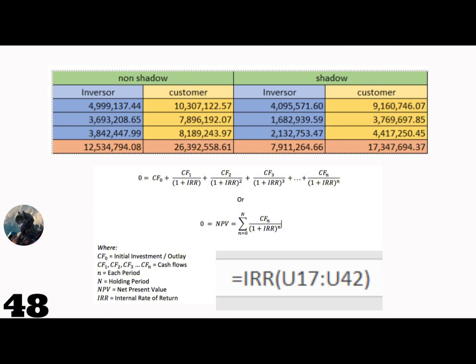It summarizes how much the investor would make in profit and how much the customer would save. So this is the comparison between the non-shadow scenario and the shadow scenario. We know the NPV of the investor. So what we have to do is find the IRR in order to determine whether this project is worth investing in. We use the formula from Excel, IRR in brackets, in order to find